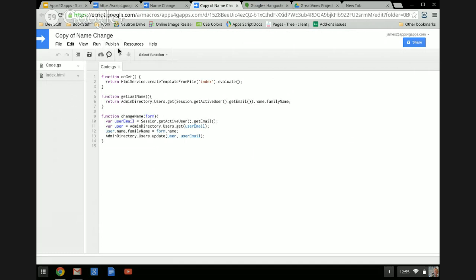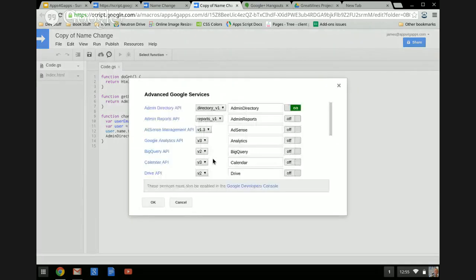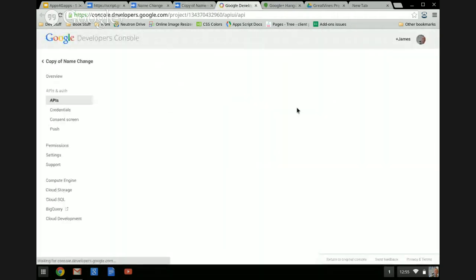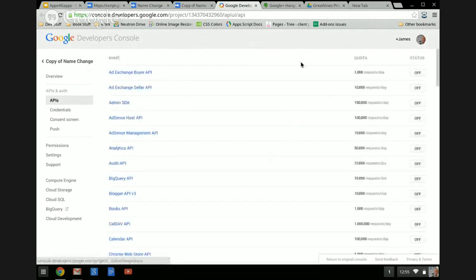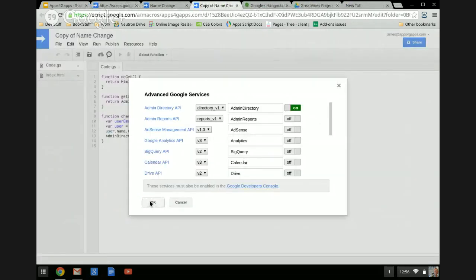And there's that. You want to click on Resources, and of course this is being recorded, so you'll be able to watch this later. Resources and Advanced Services, and this is already on because I've already turned it on for this service, but if it wasn't on, I could turn it on, and then I can click on the Google Developer Console. It's going to create a new project for me here. I'm going to need to go to the Admin SDK here and turn it on,